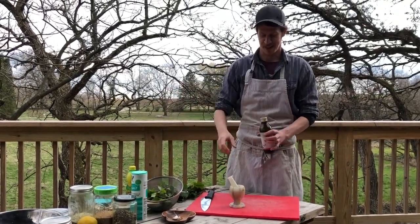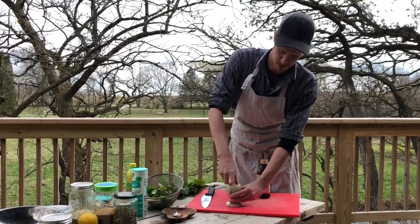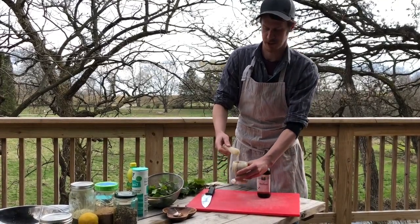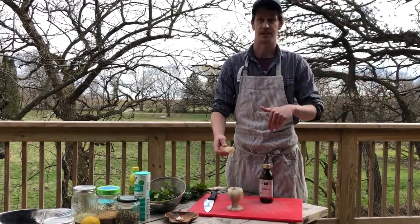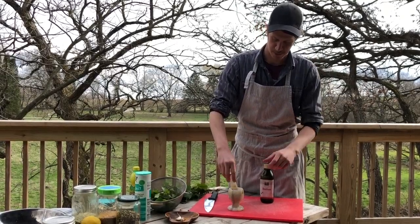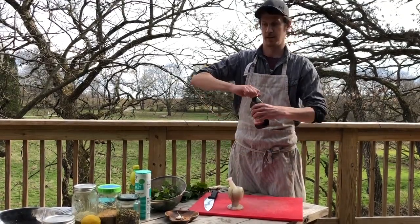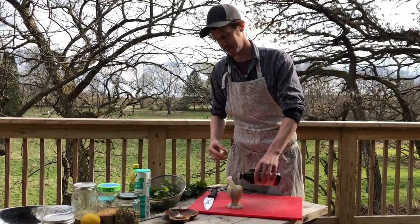So, I've just done it a little bit, not too much, because I do like some texture in the pesto. Obviously, if you like it really creamy, you can grind them really hard or put them through the food processor at a high speed and get it nice and soft. This is something that's going to continue being mashed up,